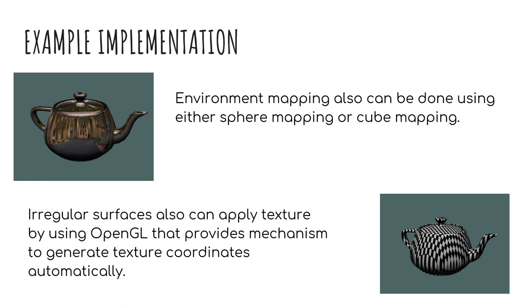for the first picture, for the teapot, environment mapping is applied to the teapot, which can be done using sphere mapping or cube mapping. So for the second picture, before we can proceed to environment mapping, we need to use texture coordinates first to apply the texture on the irregular surface using OpenGL. So next,